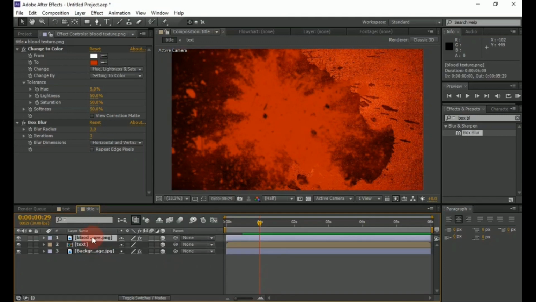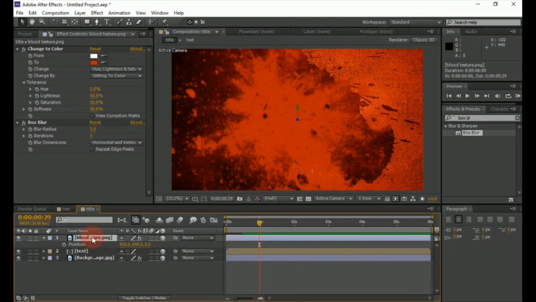Now select the blood texture layer and press P for position.